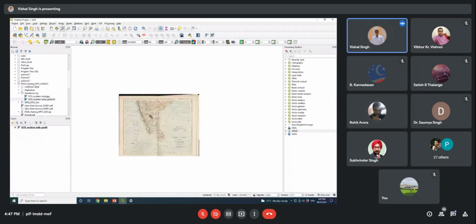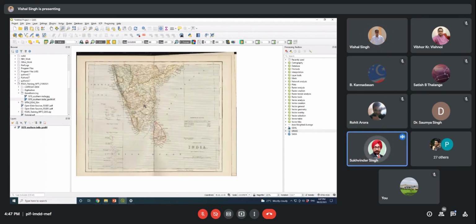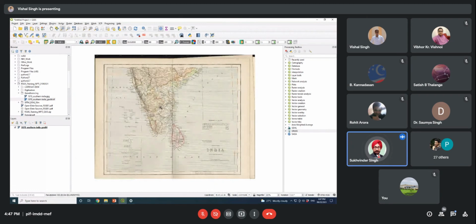So from the example you have shown, the two maps are quite similar. In fact, these are the same one. What will happen then if we have maps from two different eras? Suppose one map is from the 1800s and another one is from 2000, and there is a change in the accuracy of recording of the cartographic maps also.